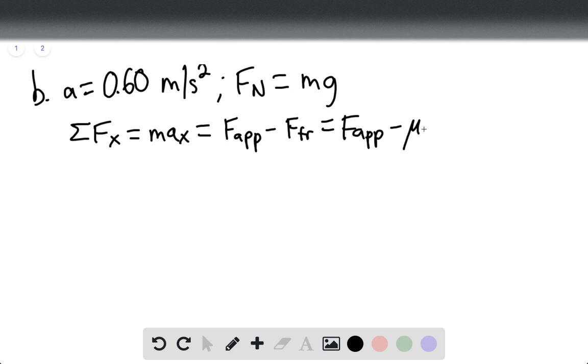It is moving, so we need to use the coefficient of kinetic friction, again times force normal. In this case, force normal equals the weight of gravity,